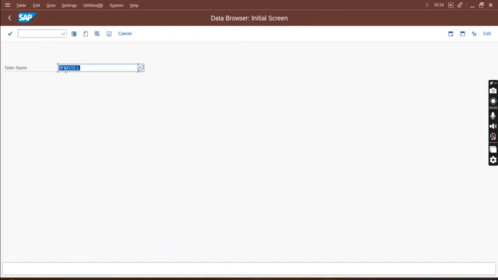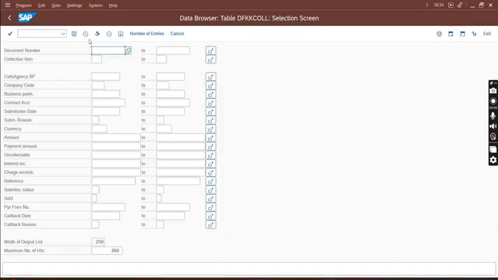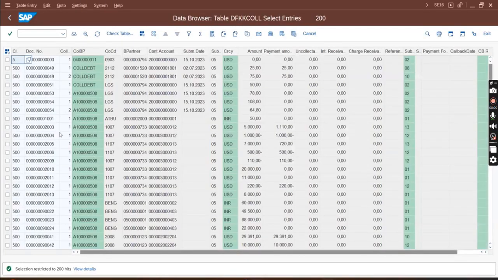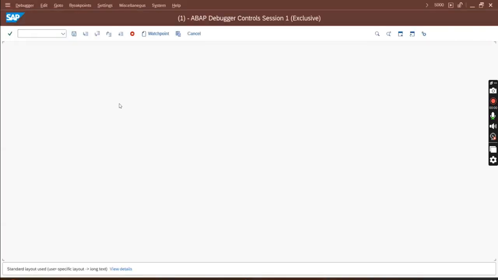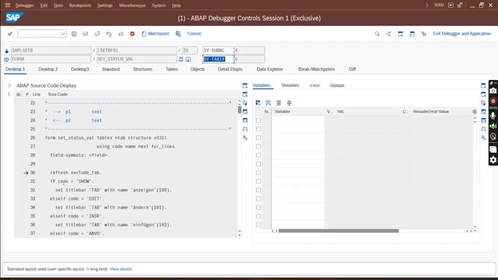Suppose you're using AC16. Again, same table DFKKCOH, you execute, and whatever line you want to debug, say you want to debug this line, select and click on this spec. Here you put /h, enter, enter, 2 times enter. Then here in the code you double click.